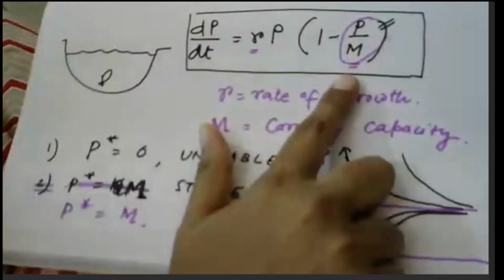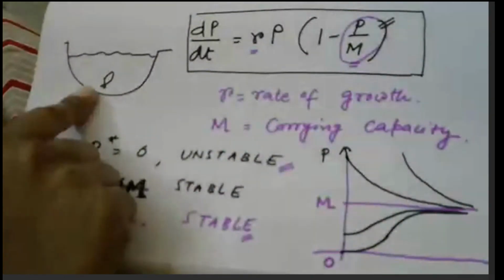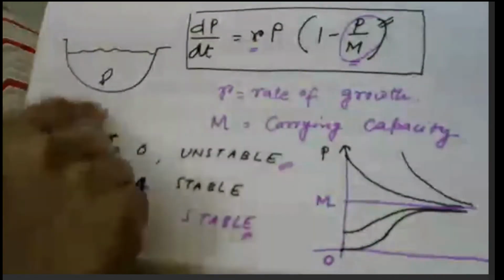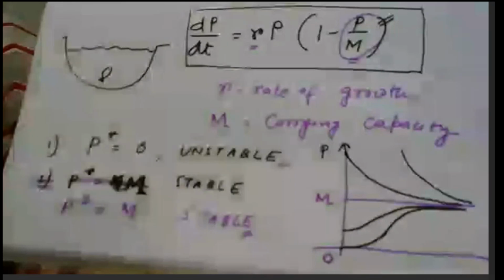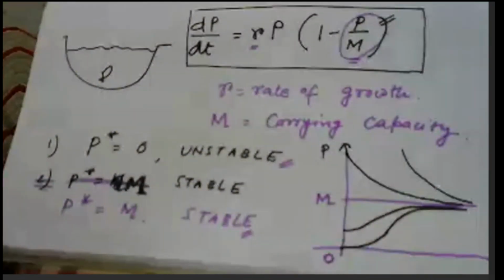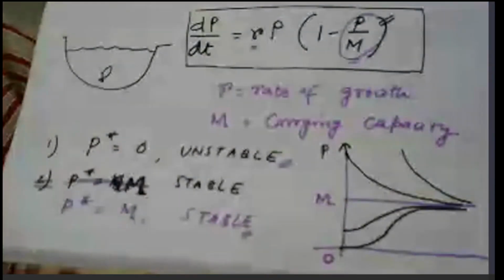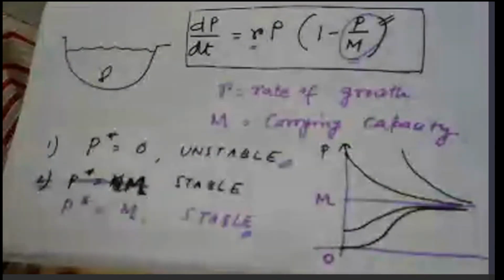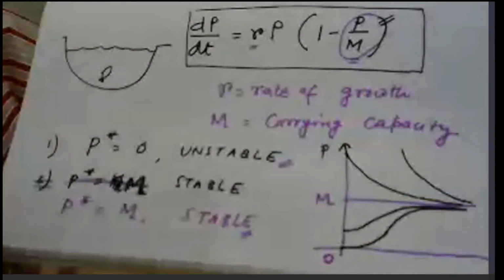But if I consider an external factor that I am catching some fishes from this pond, say in every 7 days, then how will I incorporate that term in this equation? Any crazy idea about that? Do you have any? Can you just suggest anything about how you think the equation will change? No, we will try. We will try, ma'am. Sorry, your voice is breaking. Ma'am, we will try.